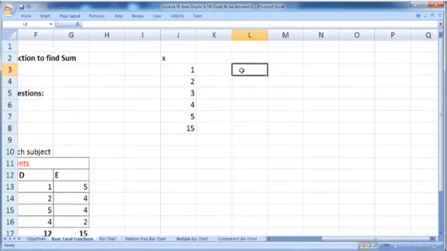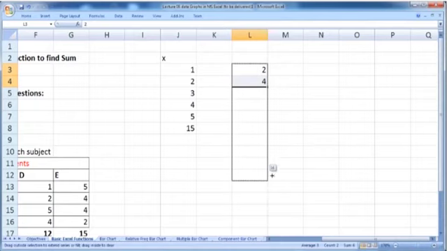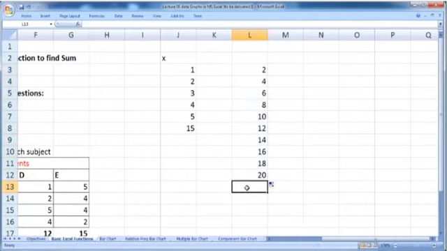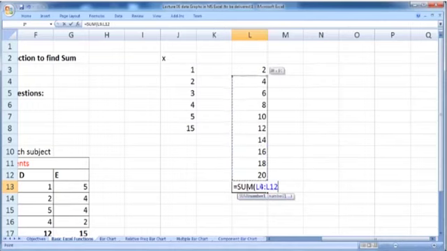Let me construct another list: 2, 4, 6, etc. Just construct 2 numbers in the list and copy it down, let's say up to 20. Now suppose we want to find the sum of these numbers. Just put an equal sign, again type the sum command, and within the parentheses the required cell range.